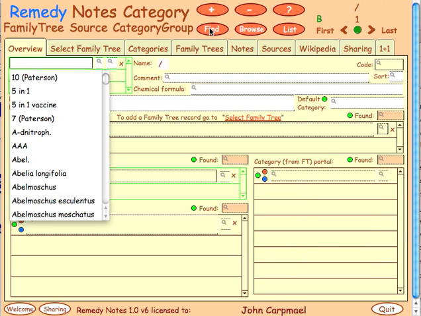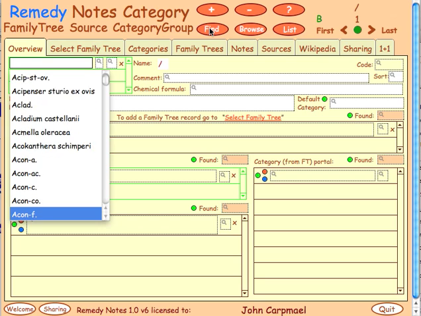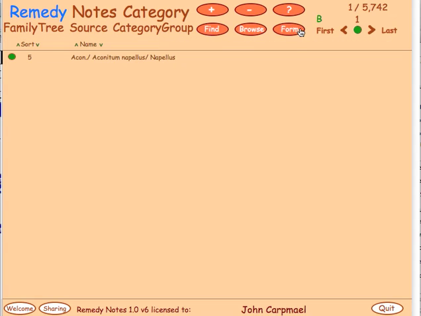I think probably with aconite we might have some luck. So I'm going to select aconite, and I'm just going to complete the find there,